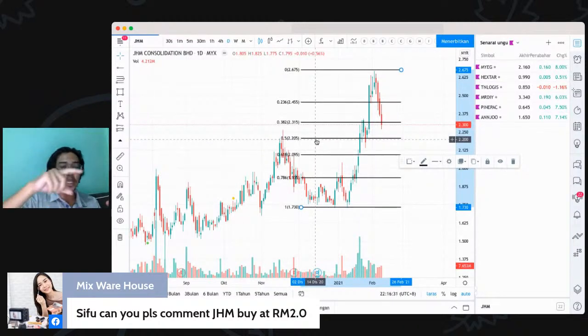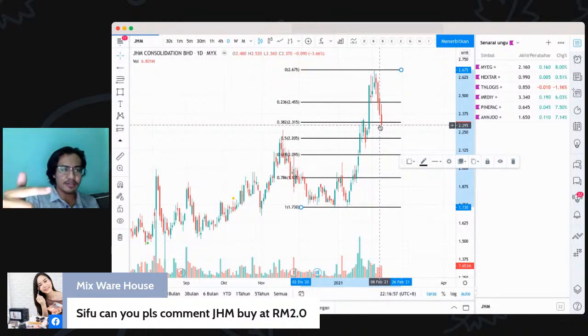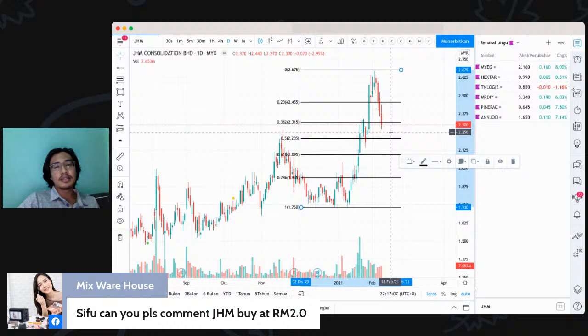If you entered this for the long term, most counters have a volatility that will touch 0.5 or 0.618 before continuing further up. So you can decide to take profit, depending on your trading strategy and the reason why you bought this counter. But for a short-term trade or a swing trade, you can consider taking profit first, like maybe selling half. And if the price still cannot rebound from the 0.5 level, maybe you can consider selling another position. But because your entry is quite low, 2 ringgit, probably